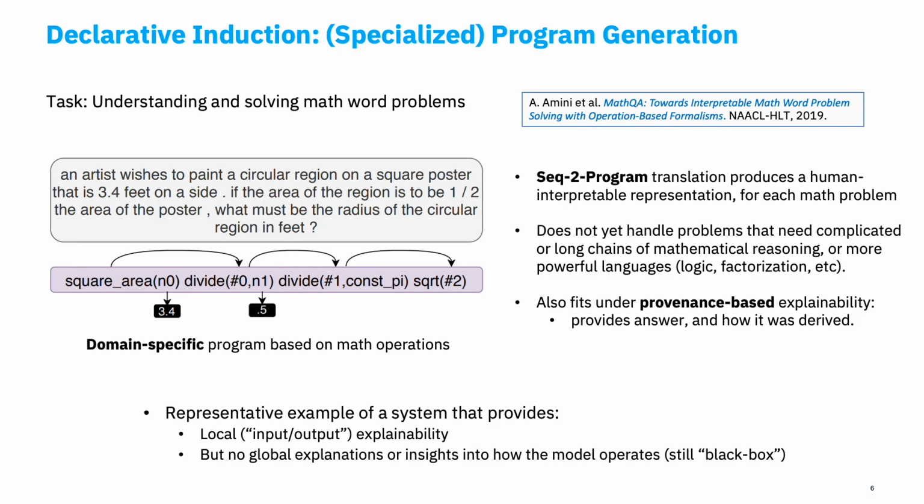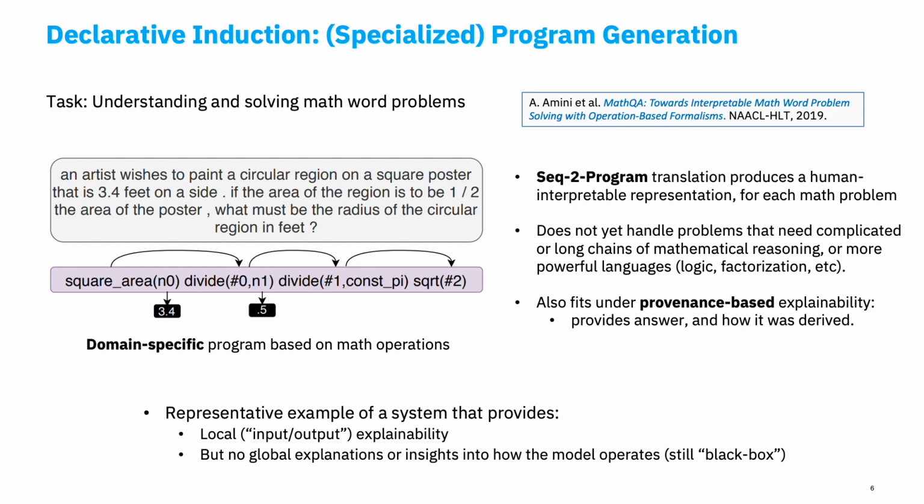The next paper by Amini et al., MathQA, is focused on using program generation or induction for interpretable math word problem solving. Thus, the task here is to understand and solve math word problems, such as the one shown in this example. The notable aspect of MathQA is that it uses a sequence-to-program translation so that not only it can give the answer to the word problem, but also produce a program with a sequence of math operations that leads